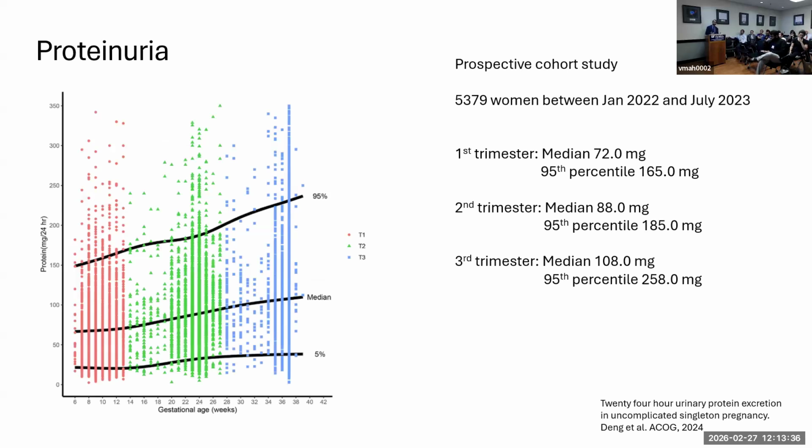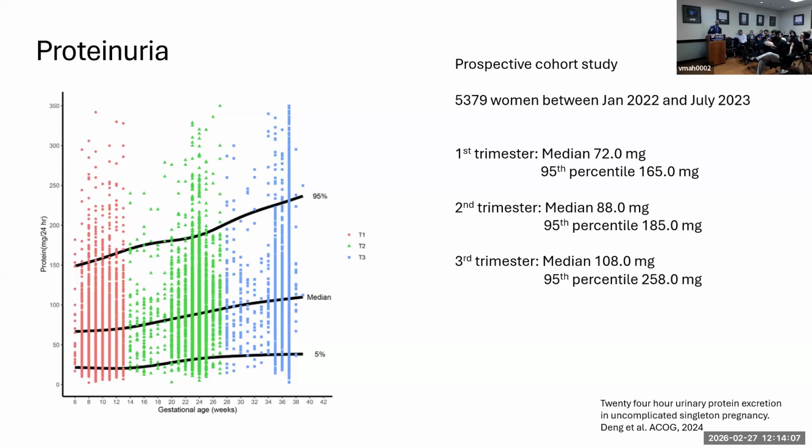So in terms of proteinuria, they also looked at what's considered to be normal proteinuria, because we all know that, based on the same concept of glomerular hyperfiltration, proteinuria will increase in pregnancy. Now, this is relevant to our talk on glomerular diseases because you want to know what a relevant increase in proteinuria is. The traditional value is 300 milligrams in 24 hours, and that also falls into the definition of preeclampsia, right? So that's where you get red flags.